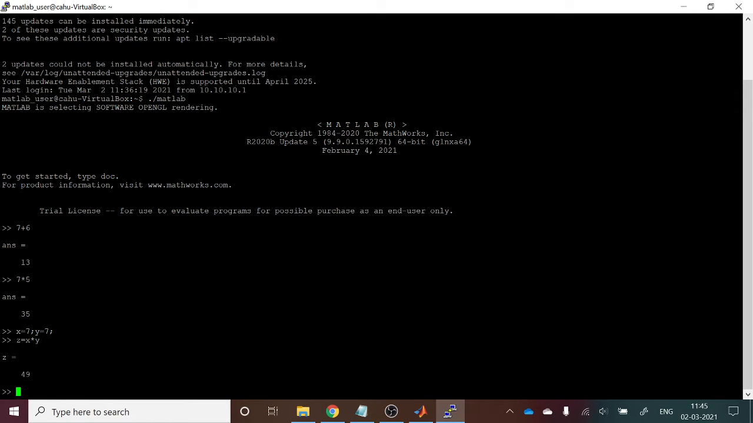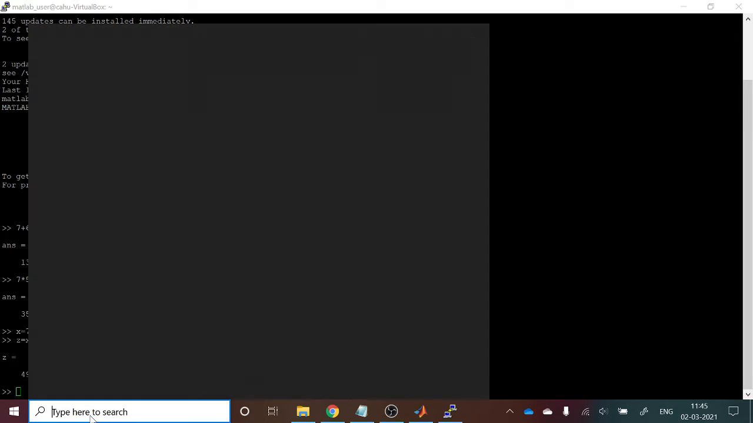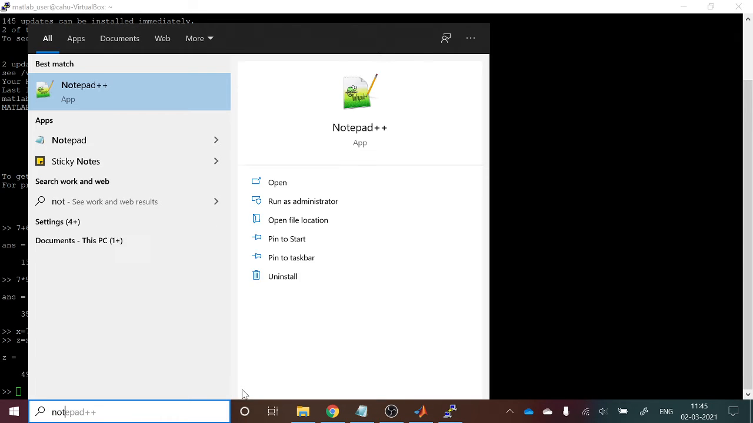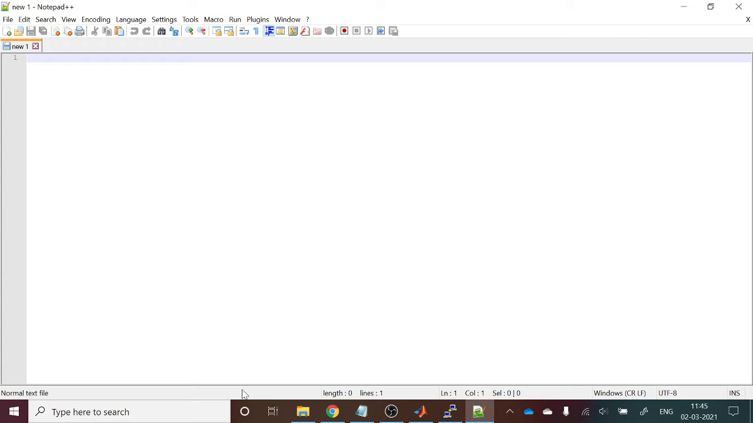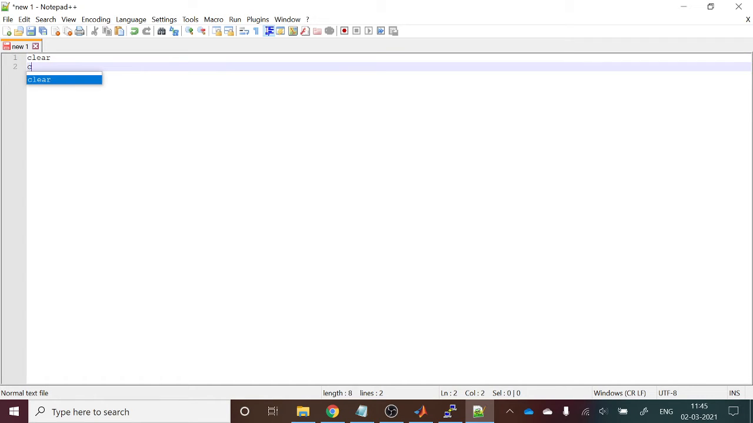Now you may ask the next question: how will I write the script? Because we have to write the MATLAB script, right? For that we need an editor. To type that, you need Notepad++. Just open Notepad++, and here you type your code, whatever code you want to type, maybe clear,